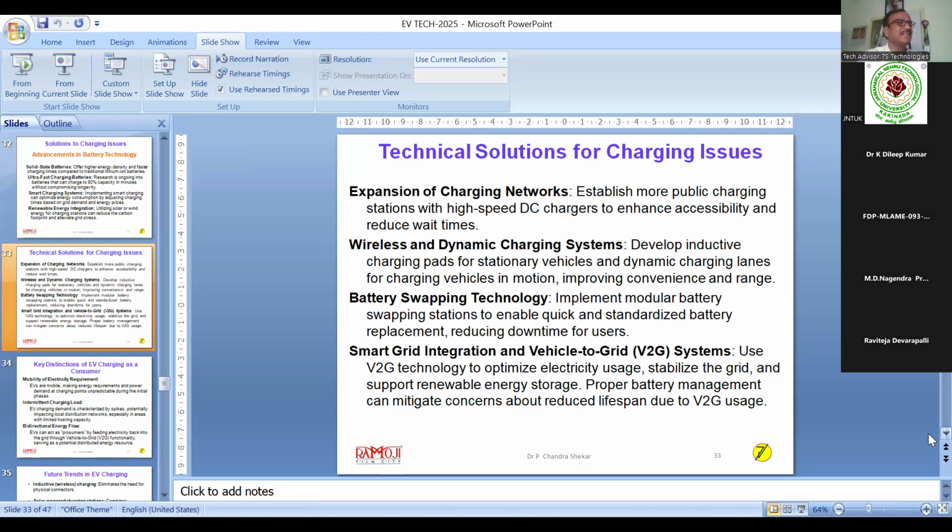What is a smart grid integration? Now, in many countries, like trams, they have electrical wire running along. Like a metro, we have an electrical wire running around. So that means as your vehicle moves, you can connect your vehicle to the grid and charge also. And also if you have excess power, you can supply it to the grid also. This is also, the research is going on that way.